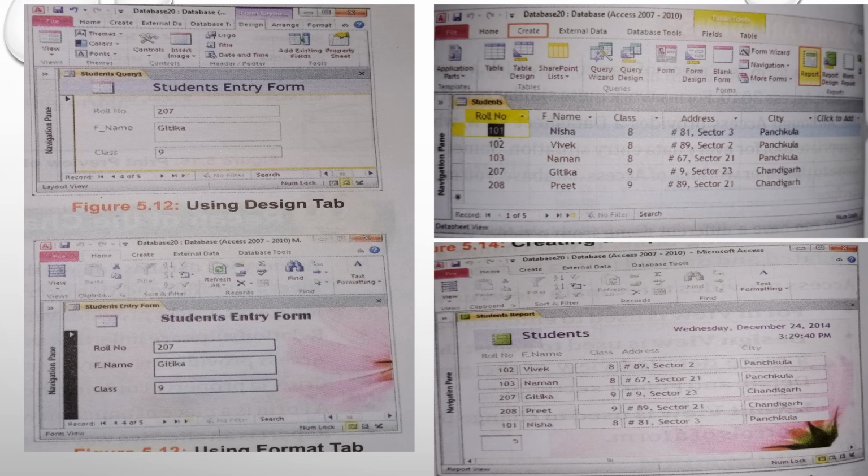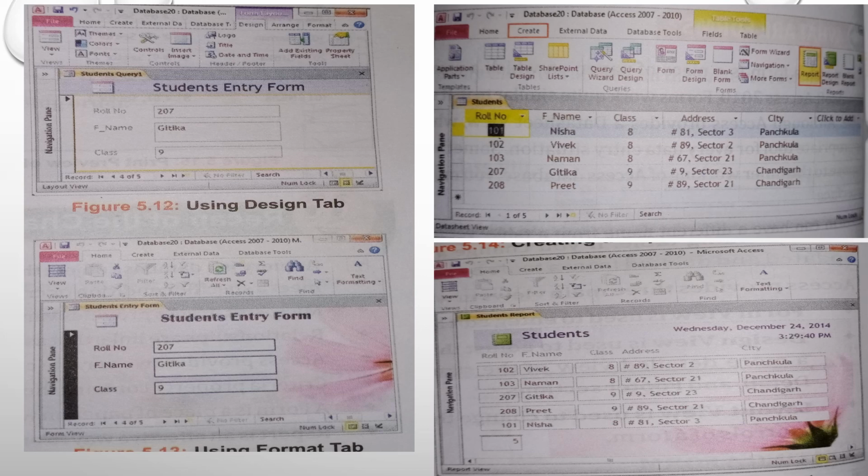Access creates a report and places all the fields of the selected table in the report. Four new tabs appear on the ribbon: Design, Arrange, Format and Page Setup. Click on the Save option on the Quick Access toolbar. The report object gets added in the navigation pane.